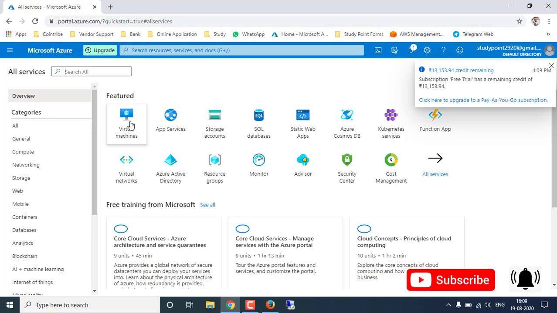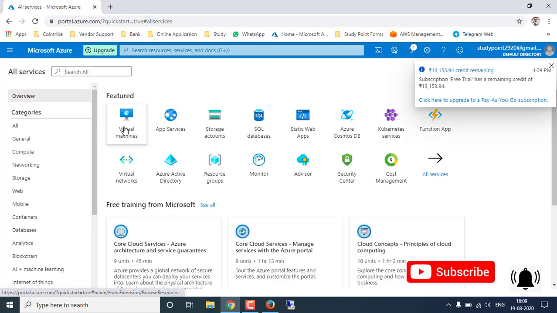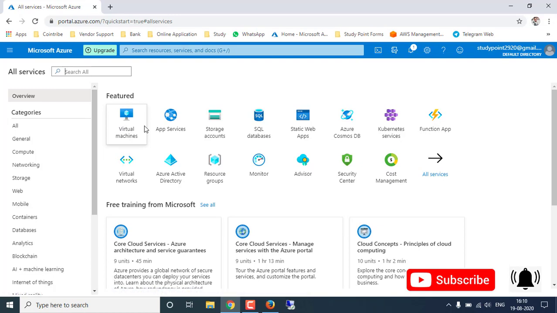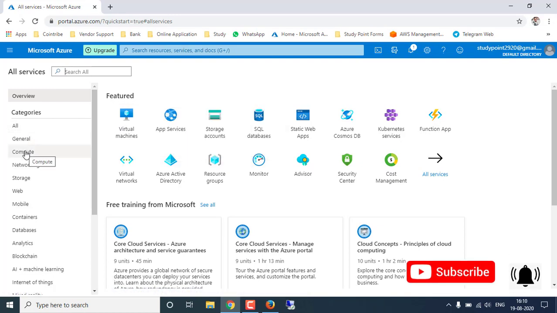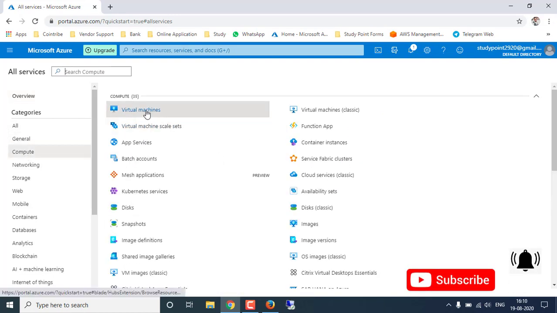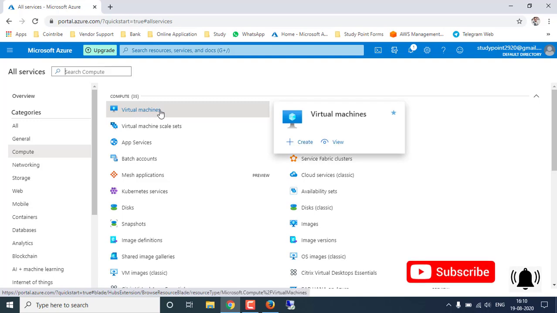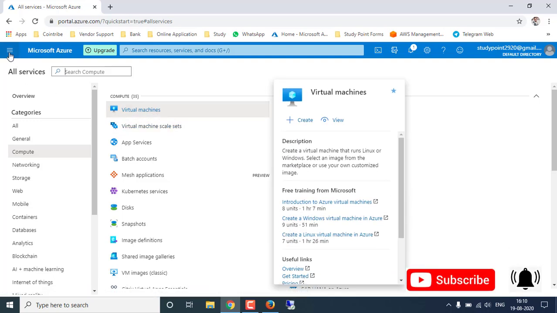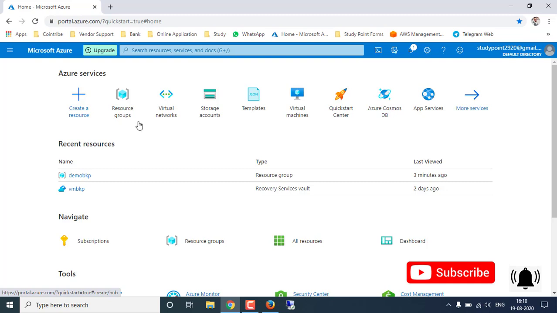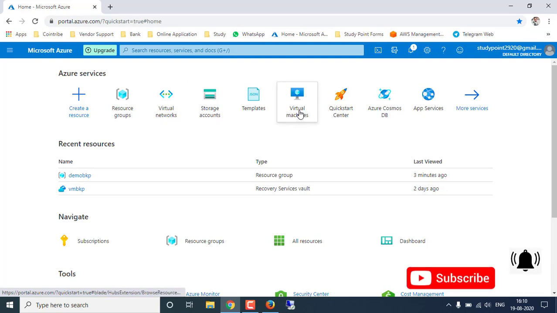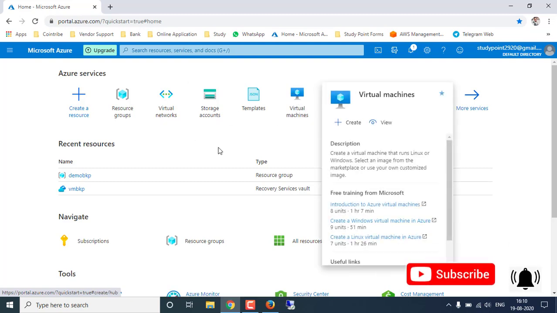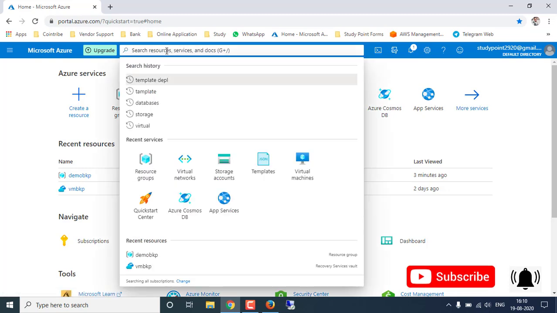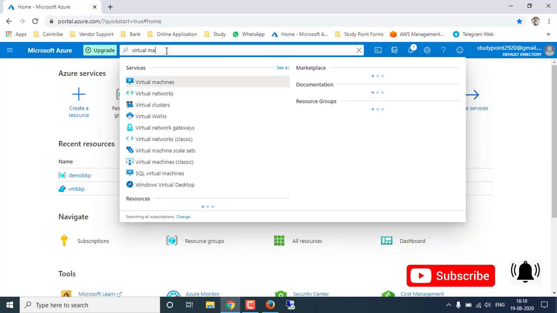In All services, you will get the option for virtual machines. Or you can also go into the Compute option, and there you will also get the virtual machine option. Sometimes you will get the same thing on your home screen too. Another way is we can also search here for virtual machine.